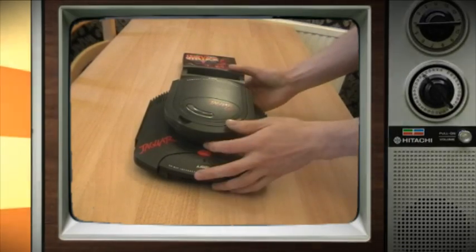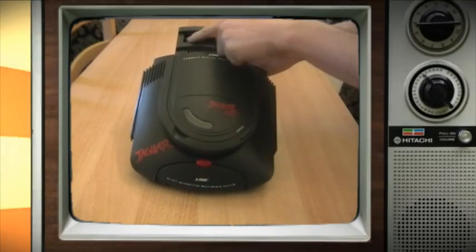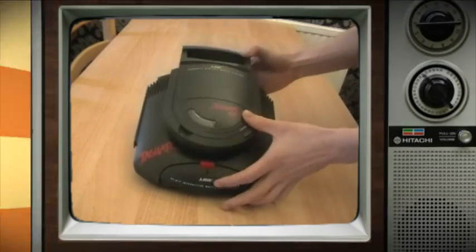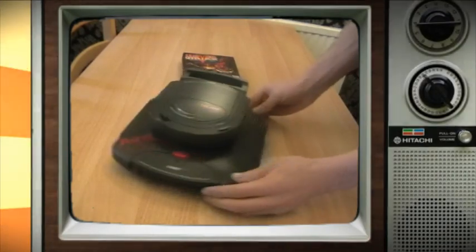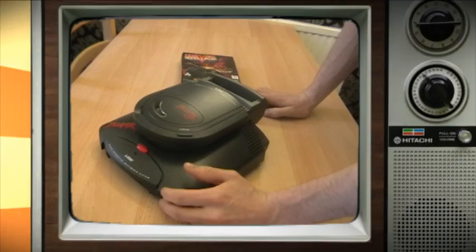And I think that's benefited by the fact that it does have the cartridge pass-through port on it. It does make it look like a more complete system. However, some people have described this as looking like a toilet,